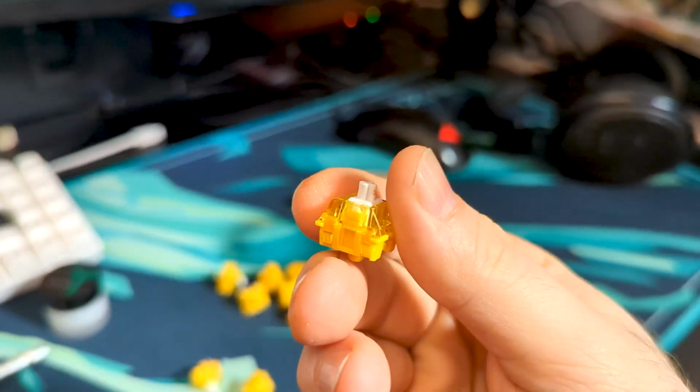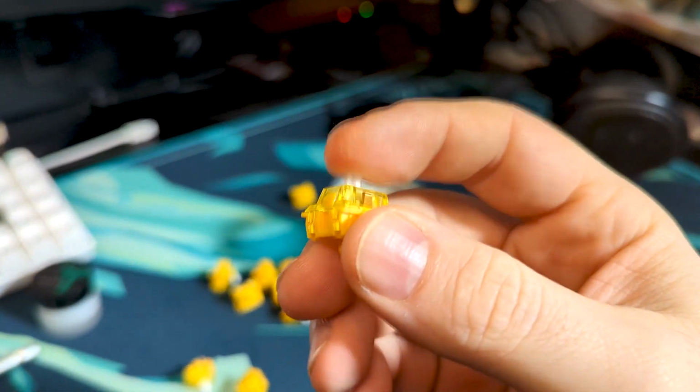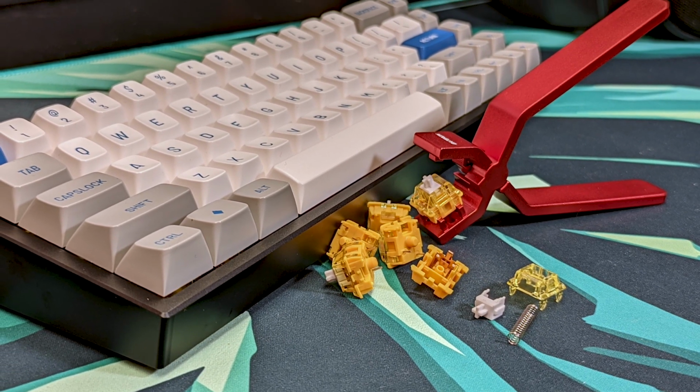Until the next one, I'll just leave you with a bonus sound test of the board I ended up leaving these switches in. My KP Republic BM68 with MT3 keycaps. The combo is a lovely mix of lower tones and higher tones,